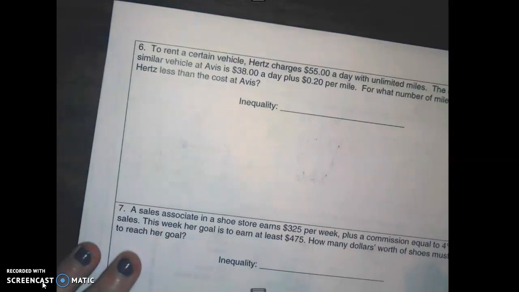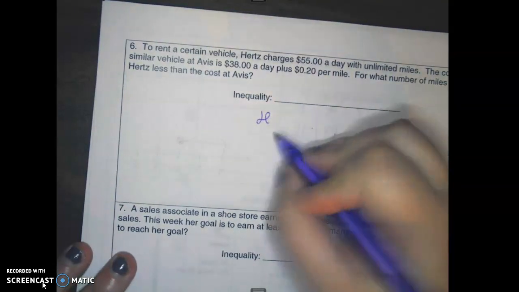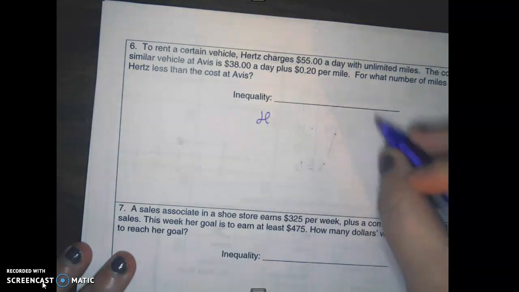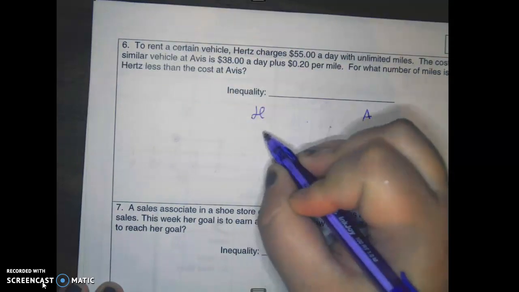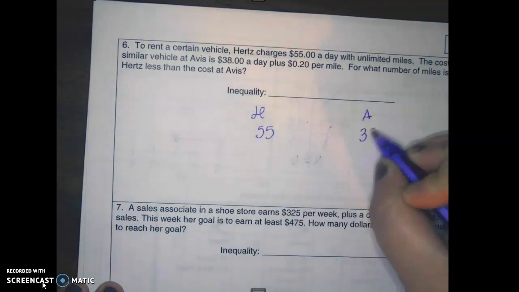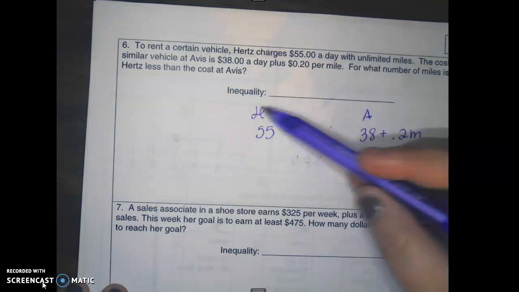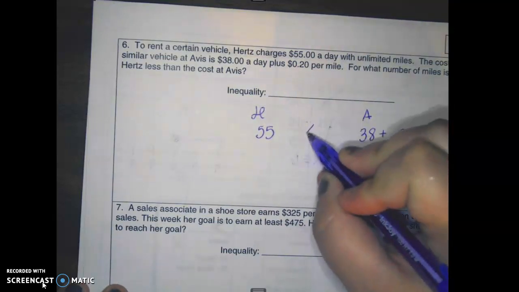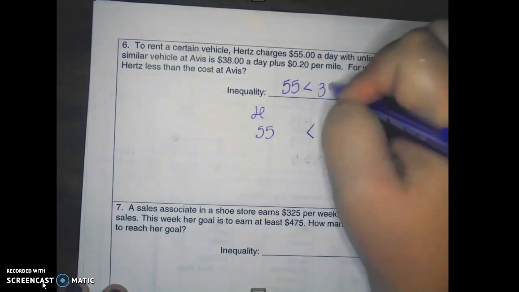All right, let's look at number 6. To rent a certain vehicle, Hertz charges $55 a day with unlimited miles, while Avis is $38 plus 20 cents per mile. So we have Hertz, which is $55. We have Avis, which is $38 plus 20 cents per mile. For what number of miles is the cost at Hertz less than the cost at Avis? So my inequality is 55 less than 38 plus